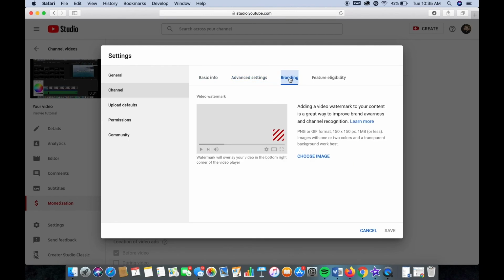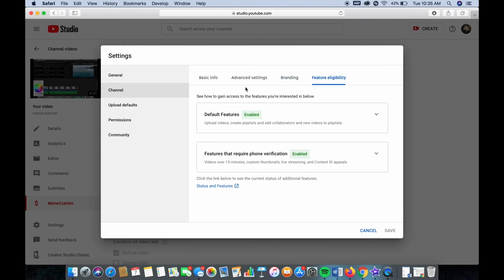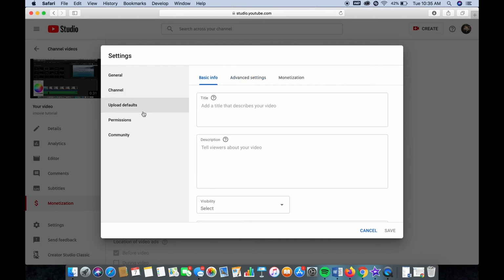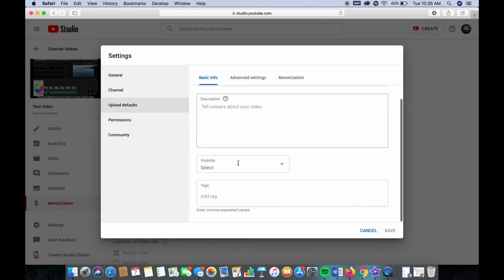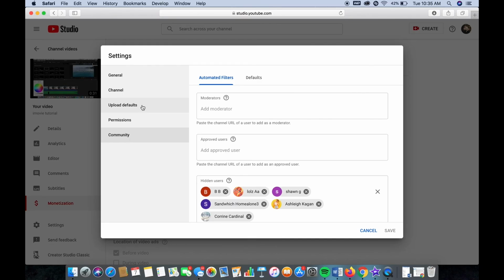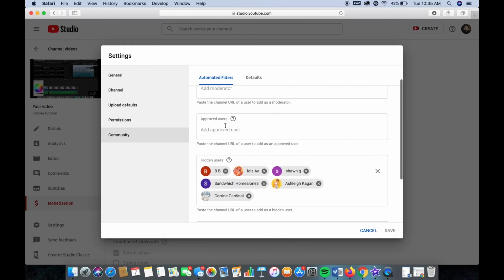you can add defaults with things, so if you always want to have certain keywords that are linked, if you always want to have a watermark, you can do that as well, which basically you can choose an image and that image will be in the bottom right corner of your video, and that's another way of getting people to subscribe to you. And yeah, you can have default stuff so you don't have to go in and change that constantly,